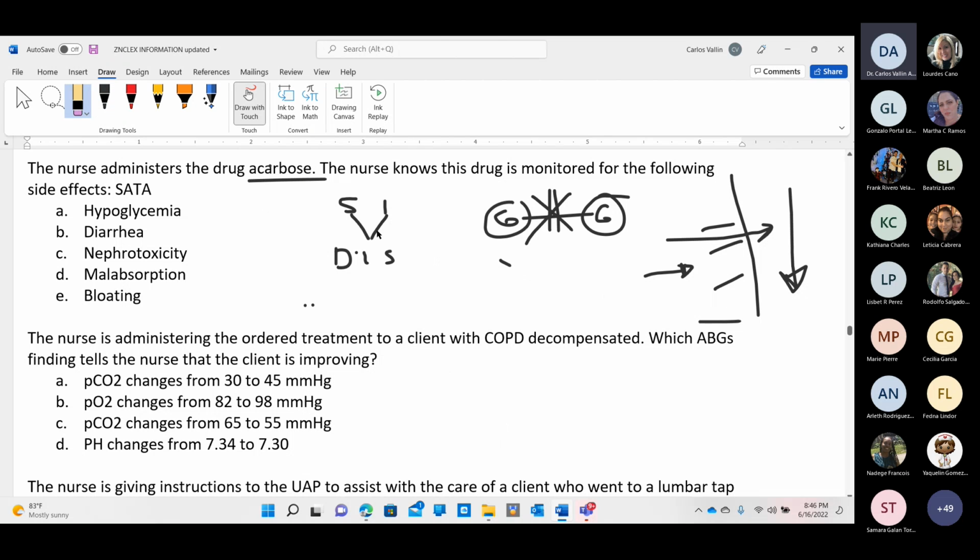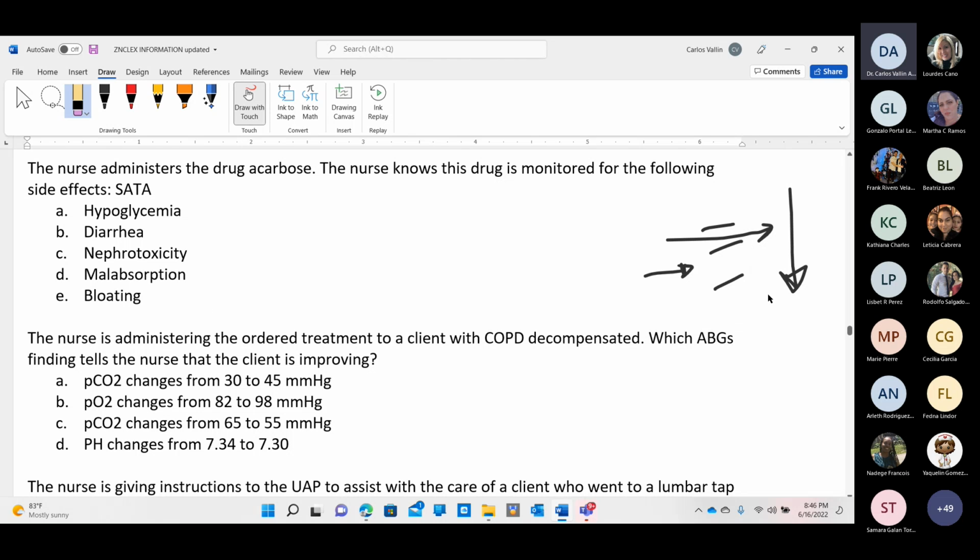So having this explanation of the mechanism of action and the possible side effects, if you were having this question, what side effects do you need to monitor? Hypoglycemia, yes or no? Yes, because we said we were producing a blockage in the absorption of glucose. Diarrhea, yes or no? Yes, because when you have molecules of sugar,